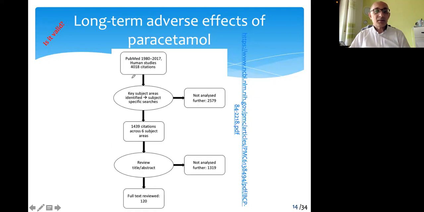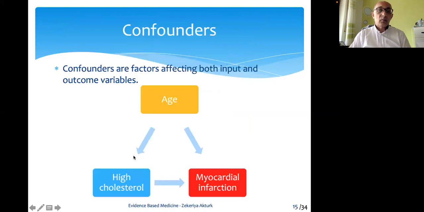How do we understand it as a meta-analysis? We look at what they did. They searched for publications, for citations, published reports, evidences. They found, using some keywords, 1,400 plus. And from them, they reviewed titles and abstracts of some articles, and at the end, they included in their study 120 full texts of scientific publications, which they analyzed at the end. I will tell you more about this study, also about the findings, but at this moment, I want to discuss with you the